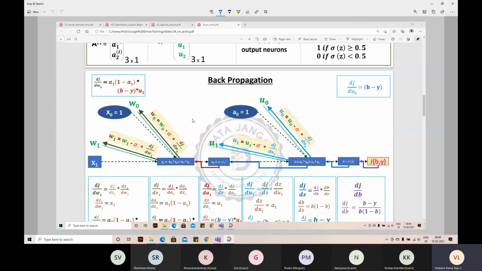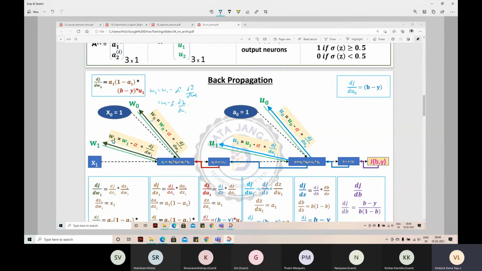So here, I need to calculate next W0, next W1. Suppose that I am calculating next W1. To do that, I need W1 equal to W1 minus alpha into dJ by dW1. This dJ by dW1 is calculated as dZ1 by dW1 into, right,